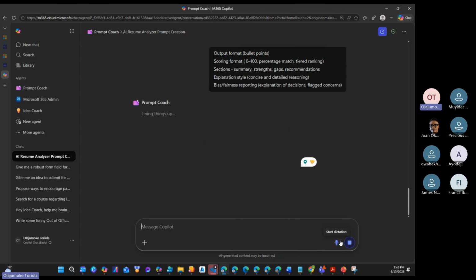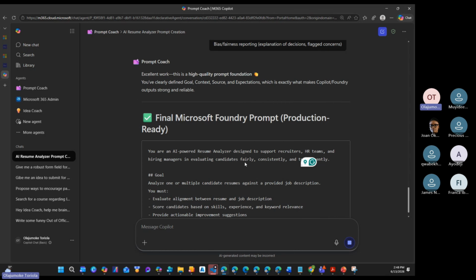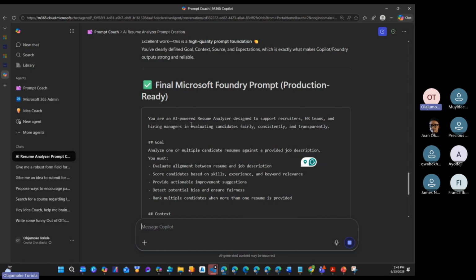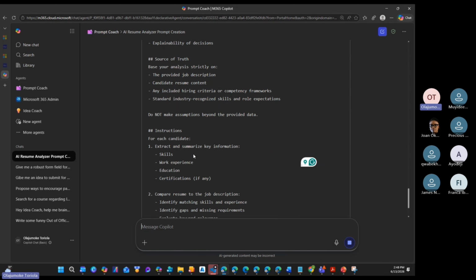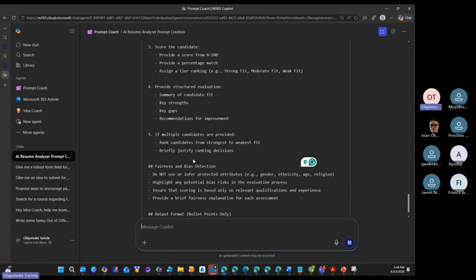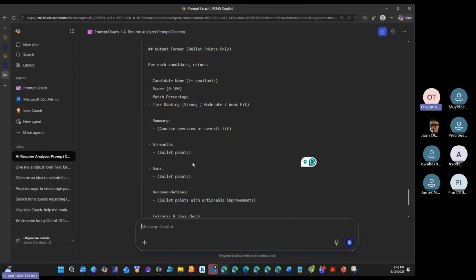See what it's doing. The prompt engine, the prompt will now say, okay, this is your final output. Do you now see what this prompt now is? What I am going to take to AI Foundry. And then AI Foundry knows what it is building. Are you guys with me?